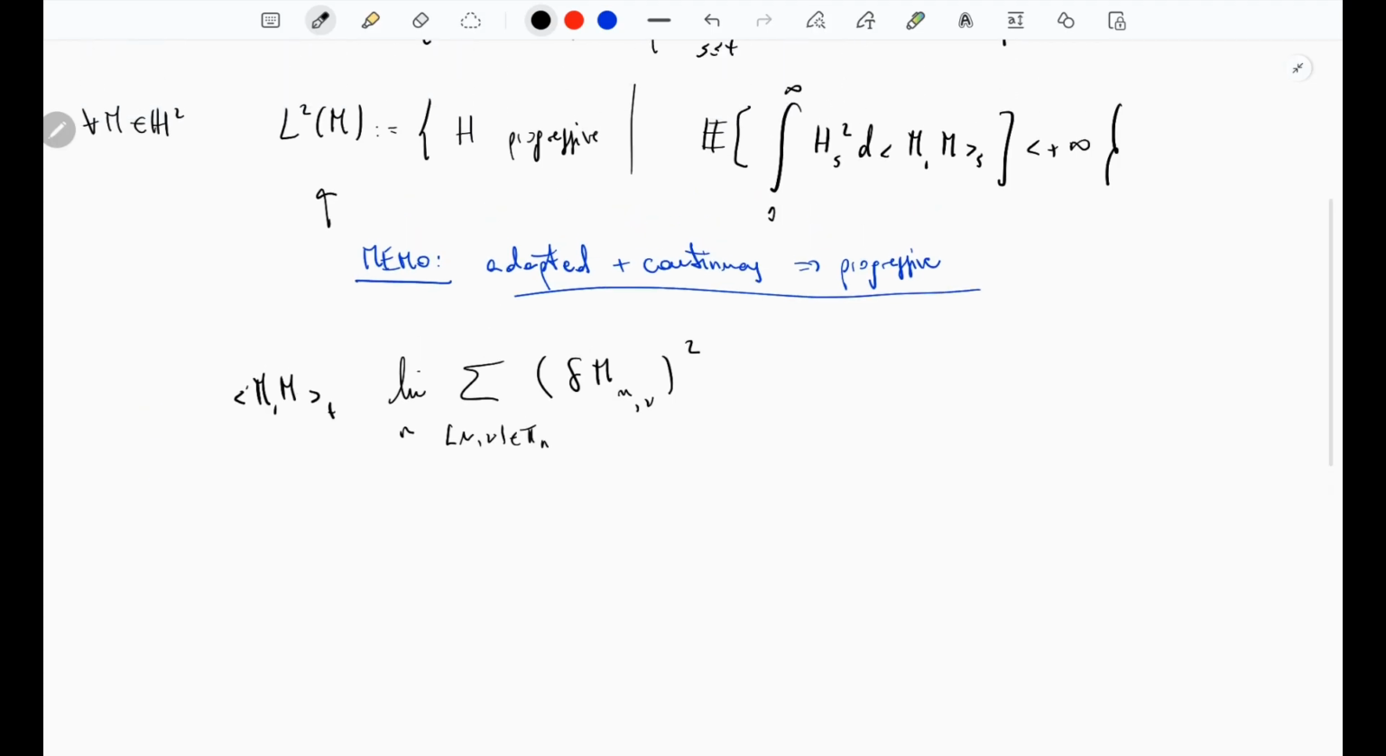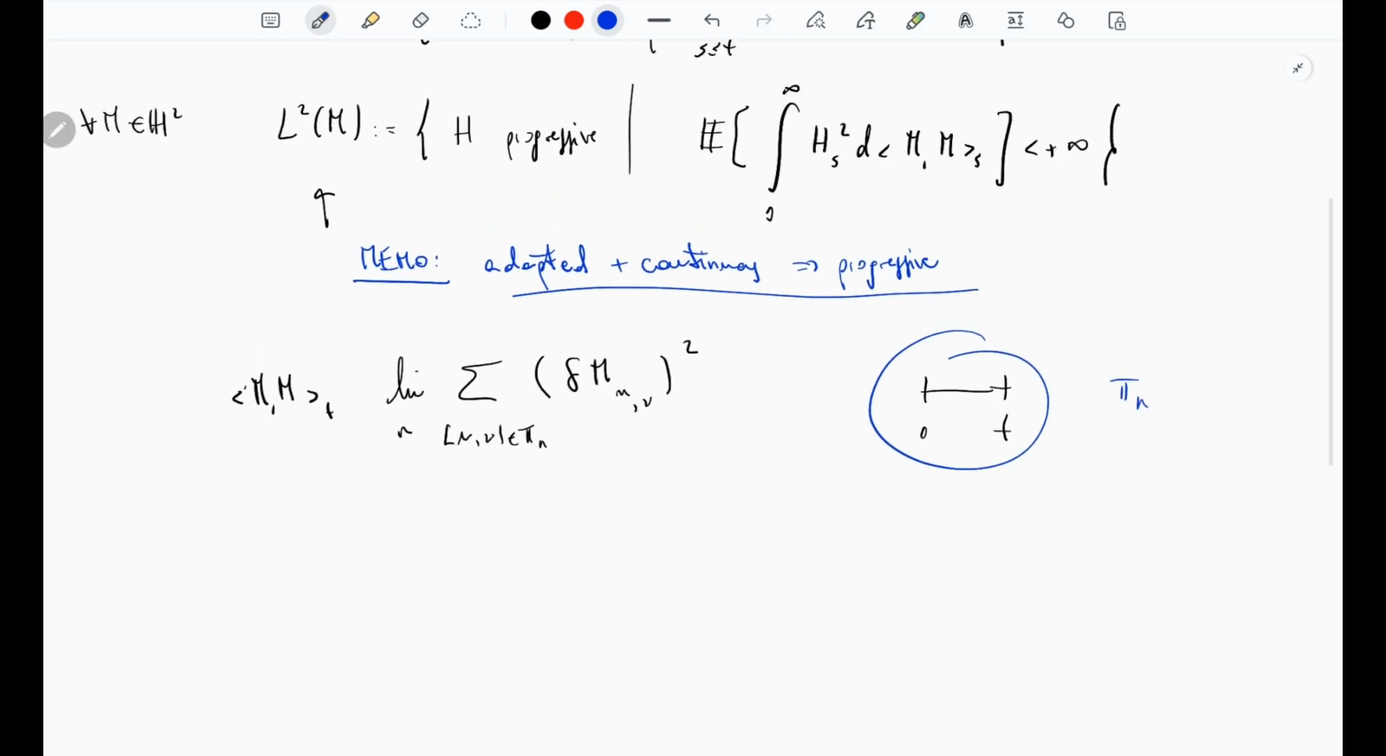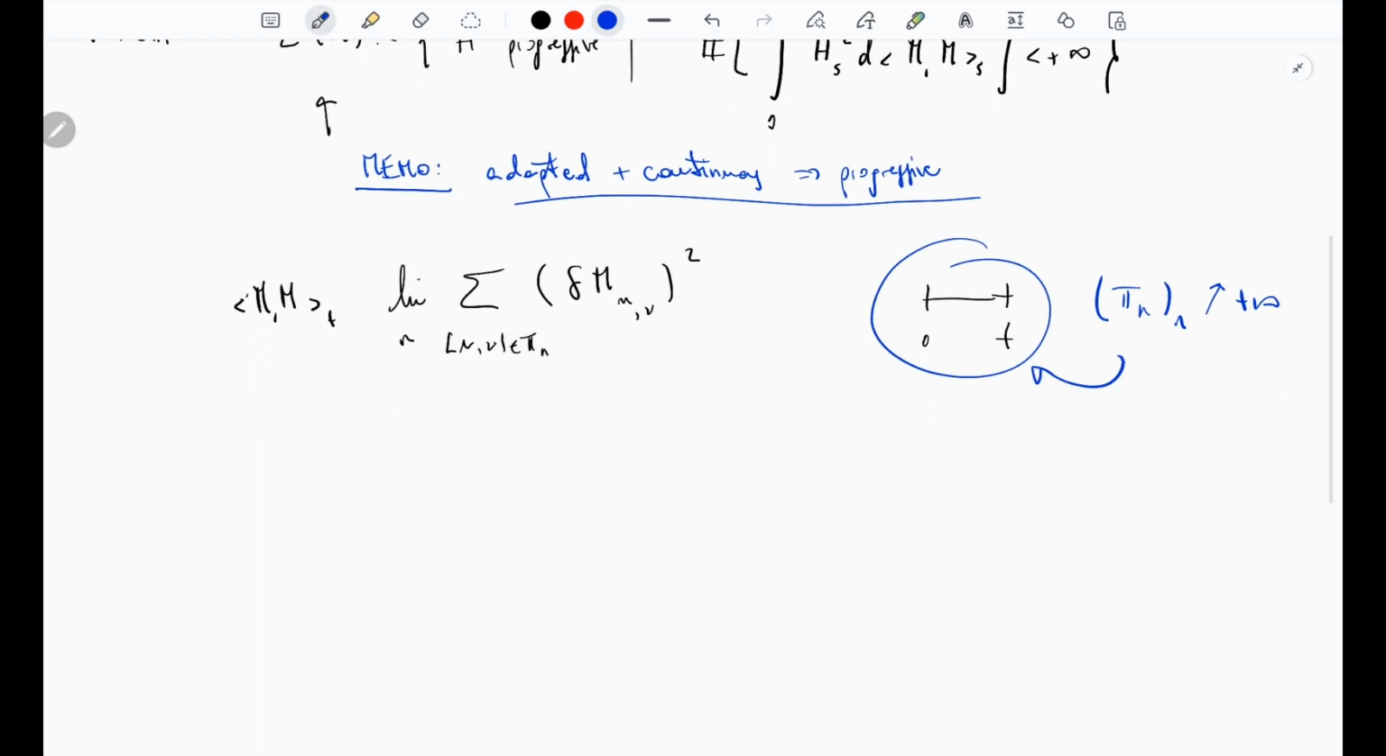Excuse my handwriting. Here we're integrating against it. Okay, so what you do is you take an interval [0,t], you take an increasing sequence of partitions, which we're going to be calling throughout the videos on stochastic integration Pi_n. So this is an increasing sequence of partitions of [0,t]. Then what you do is you take the limit